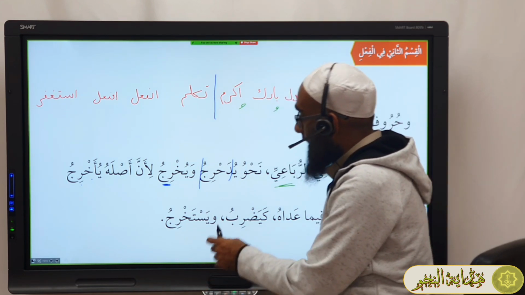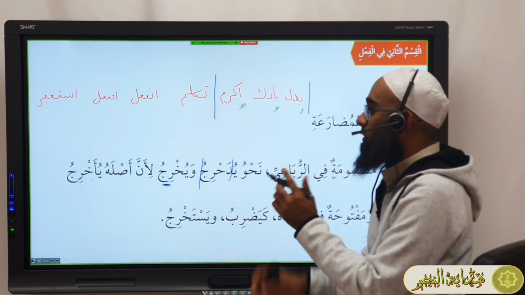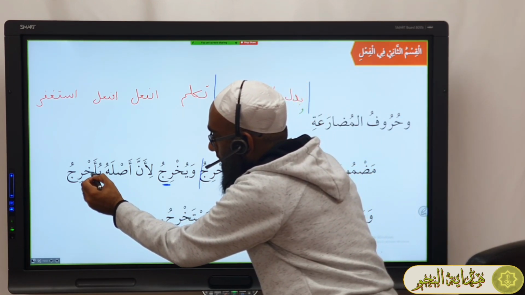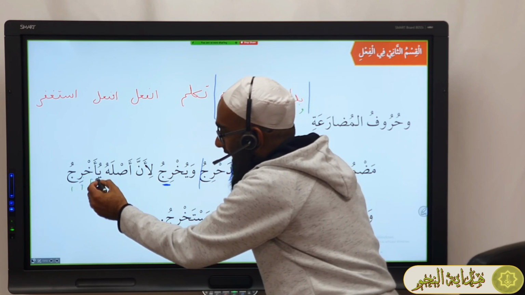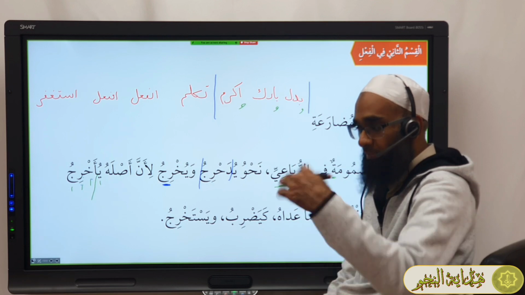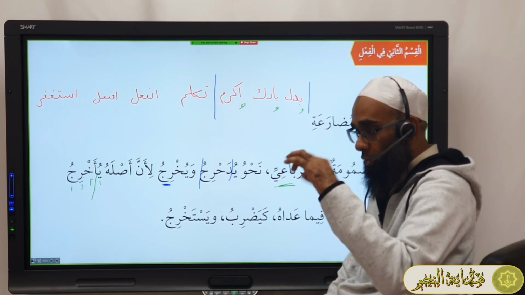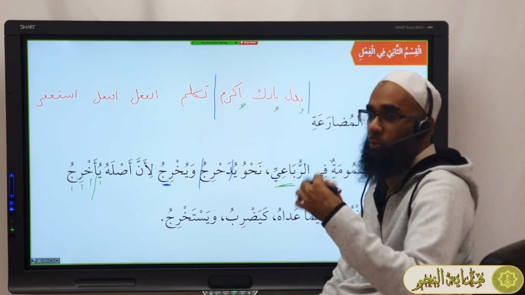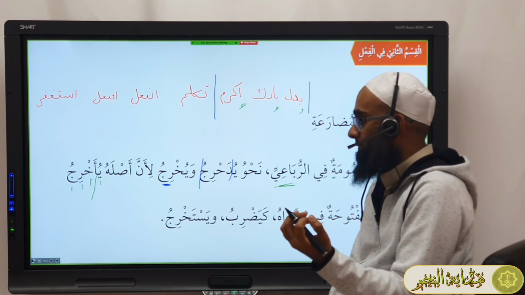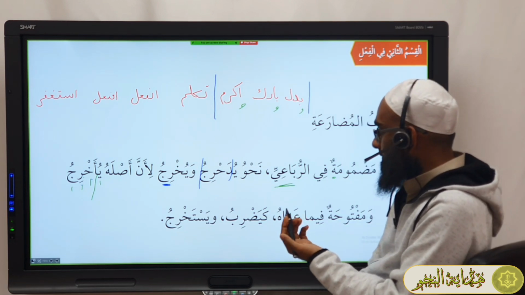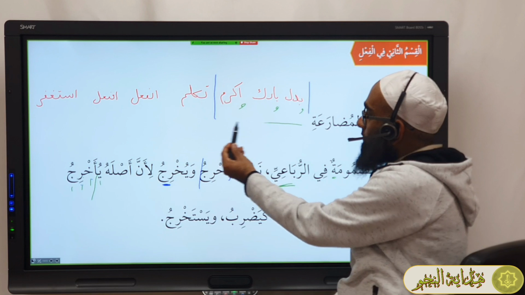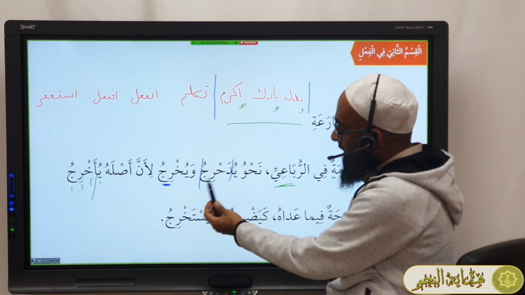Even if he is saying that, is he basing it on the root letters? Yukhriju has 1, 2, 3, 4, 5, but then the hamza is not a root letter. Akhraja is not the root, it's kharaja, and the hamza is extra. So even though in bab if'al, yukhriju is made from yu'akhriju, like akrama, yu'akrimu, you do find that in 1 or 2 poems. But even then, the root letters are kharaja. So then he doesn't include these, because by saying yudahriju,